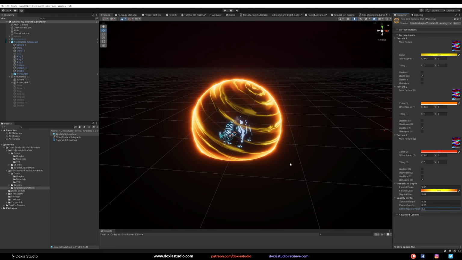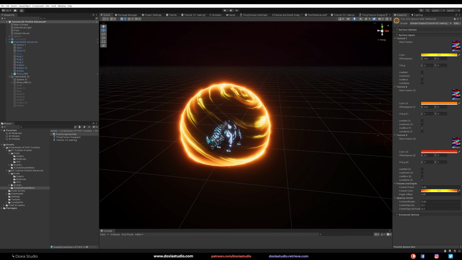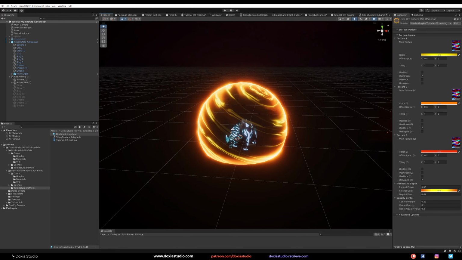Something like that. That's cool. I think that's really cool. Okay, something like that. You can see the effect. Maybe the contour needs to be bigger, so you can see the middle a little bit better. You can see the creatures inside your effect. You can still see a bit of your effect, but not overkill, so that you can see inside. Okay, that is the opacity center.